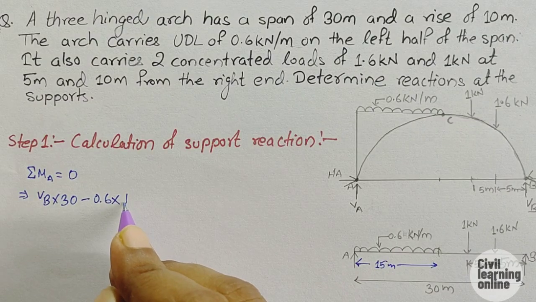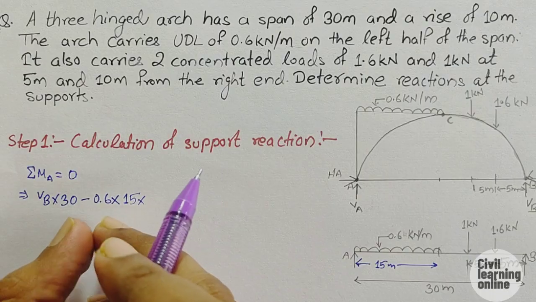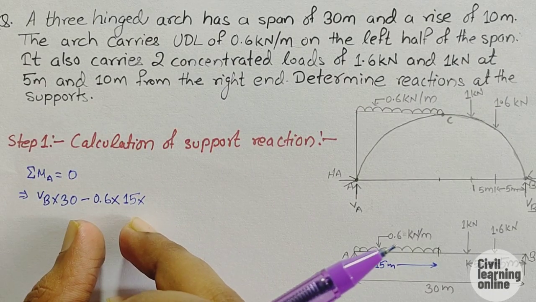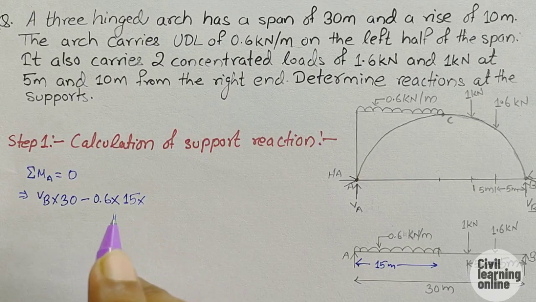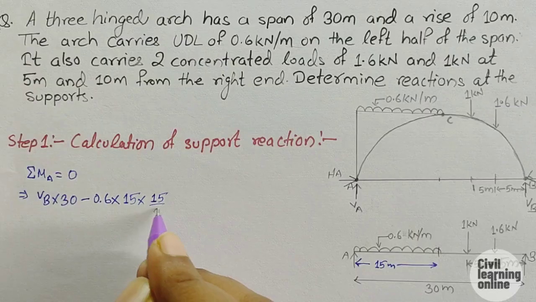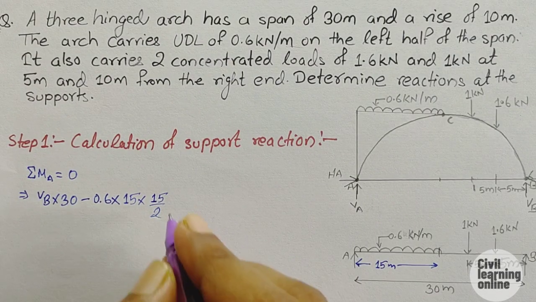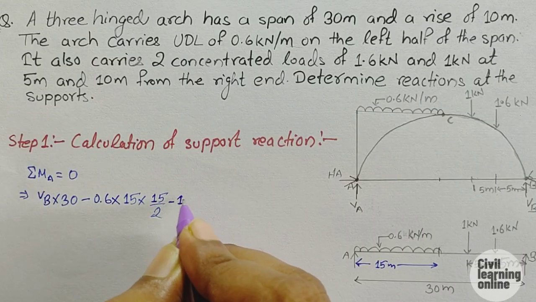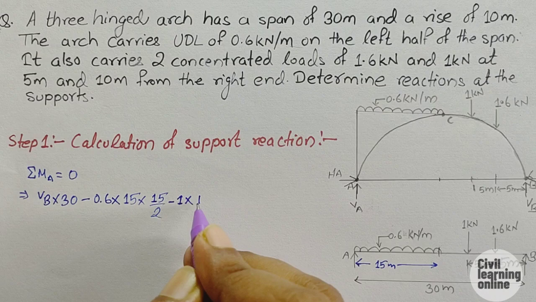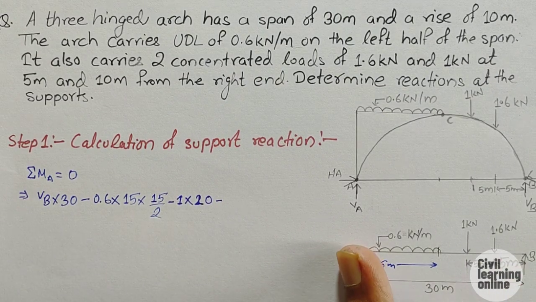So 0.6 times 15, and this is our point load. If we multiply UDL by span, then it gets converted into a point load. Now we need to multiply it with the CG, because the UDL acts at the CG, so half of 15 meter. Now it gets converted into moment, and minus 1 into 15 plus 5 meter, so 20 meter, minus, this is taking clockwise direction, so clockwise all